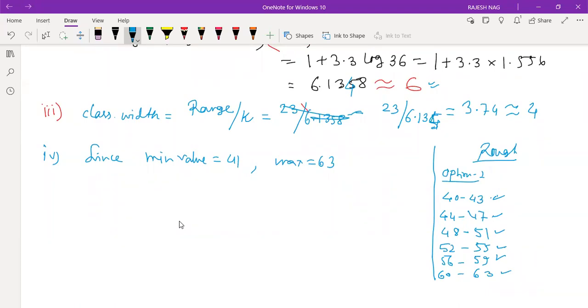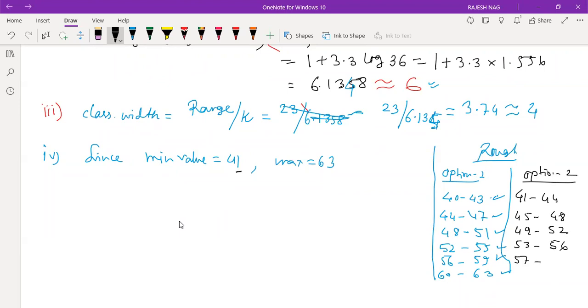You can go for another option also, like this. তুমি কেউ কোশ্চেন করতে পারে, আপনি এরকম করে কেন করলেন? আমার ইচ্ছা। আপনি 40 থেকে কেন শুরু করলেন? মিনিমাম তো 41। ঠিক আছে, আমি 41 থেকে শুরু করি: 41 to 44, range 4, clear? You can go for 45, 46, 47, 48, 49 to 52, 53, 54, 55, 56, 57, 58, 59, 60, or you can go for 61, 62, 63, 64. This is also valid, no tension. Either you can go for option 1 or option 2. যেটা খুশি।